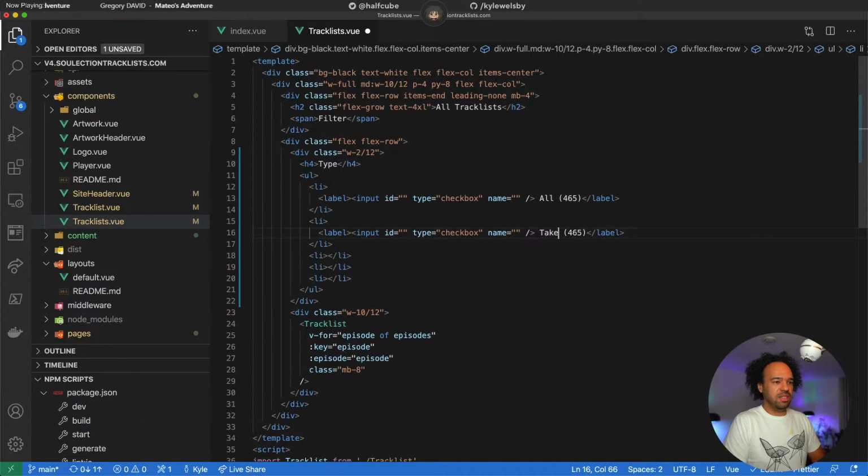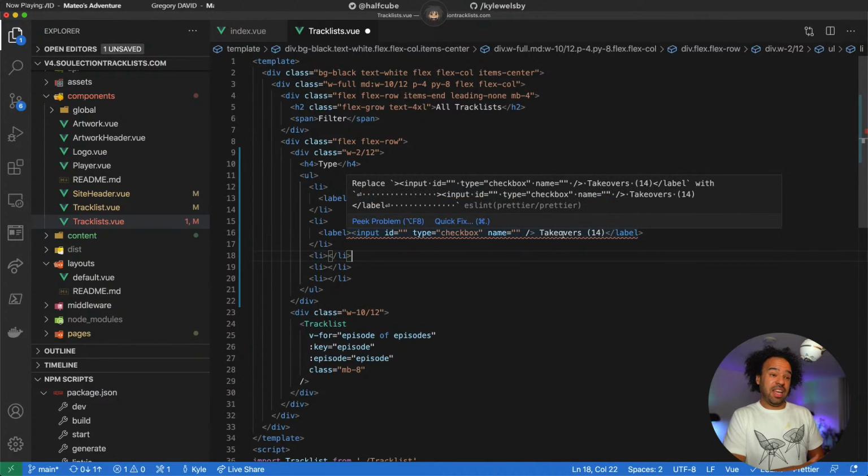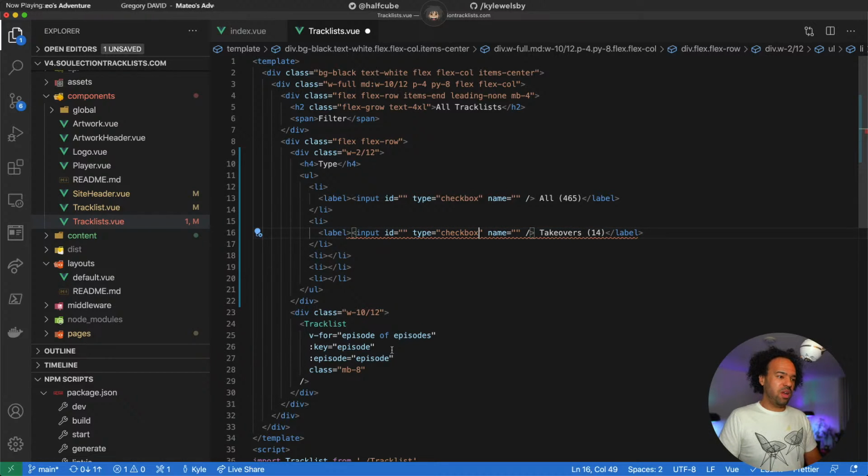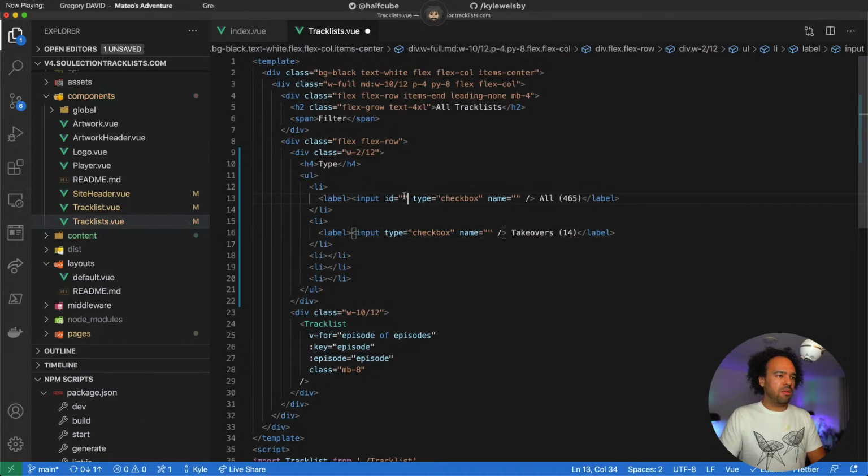Takeovers. There's about 14 of them, because I need to get this data right, but I just want to know that I've got things wired up before making it more dynamic. So it's how I roll. Let's keep that blank, and then takeovers.